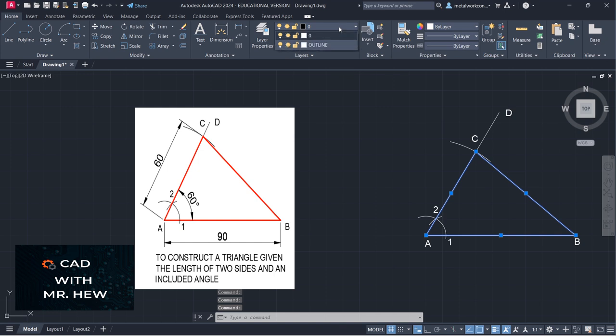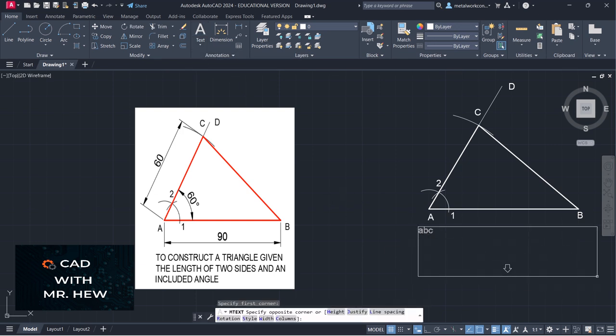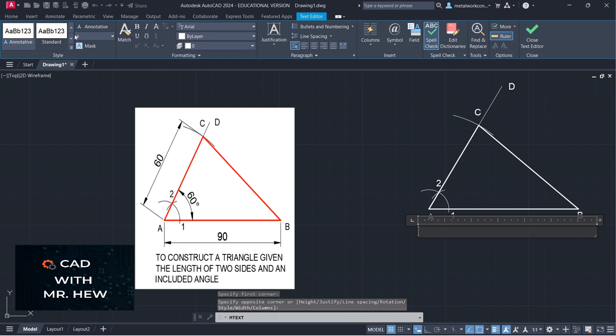When I put it on the layer which I made in the previous video of how to construct a triangle given the length of three sides, when I put it on the outline layer, it will now become dark. See that? So let me center the drawing because we're going to label it. So good job. We're going to label. So we're going to go to text, multi-line text. So get your H pencil to label now. The height is 4, so we're going to label to